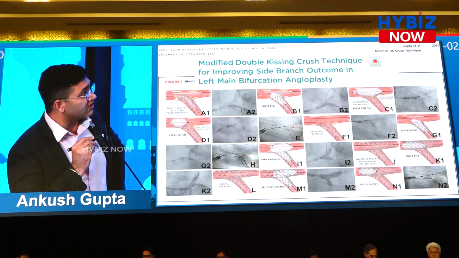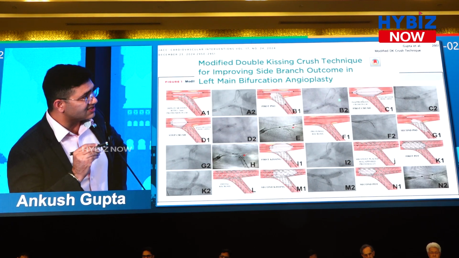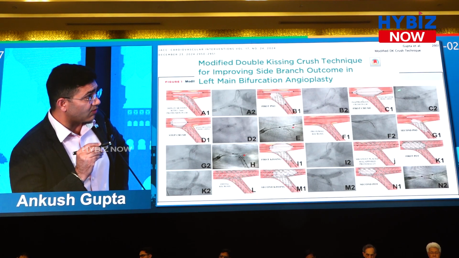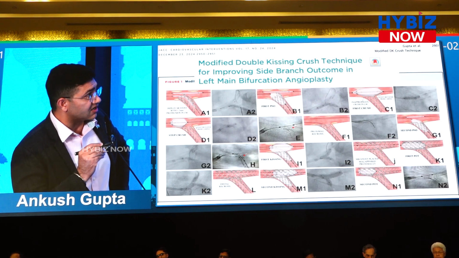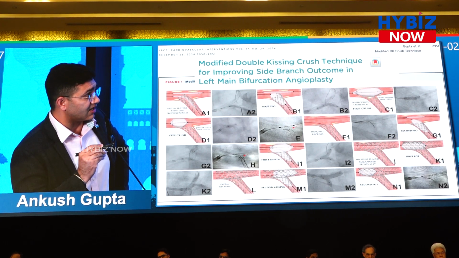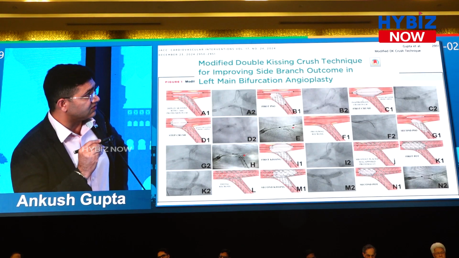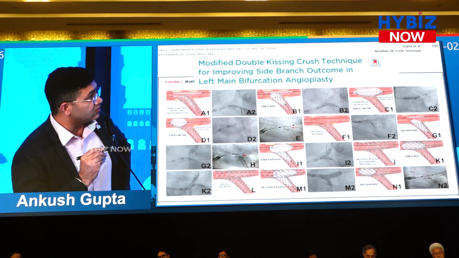Now you are going for a crush with this balloon. You know this balloon is as per the distal reference diameter of LAD. Your LAD is 3.5, your left main is 5, so your stent will not get crushed here. Moreover, while you are doing this crushing, your stent will get deviated away from this carina. So always go for step crush with a POT size balloon. Now your stent is deviated away from carina, but it is well crushed here. Can you see this stent strut? There is deviation of the stent struts from the carina.